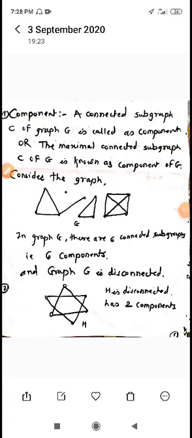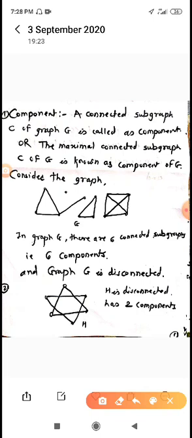Now next, see the definition of a component. For that definition, we first revise the definition of a connected graph. A graph G is said to be connected if there exists a path between any two vertices of graph G. A component is nothing but a maximally connected subgraph. Equivalently, we see the definition of a component of a graph,